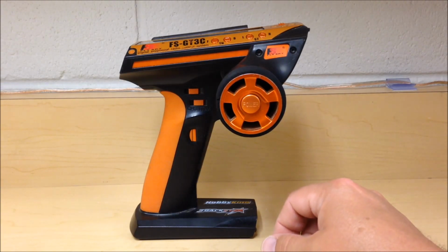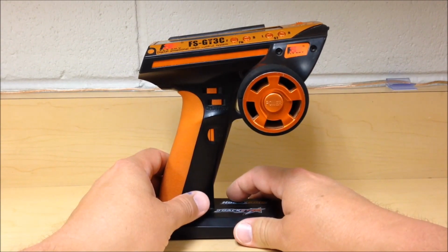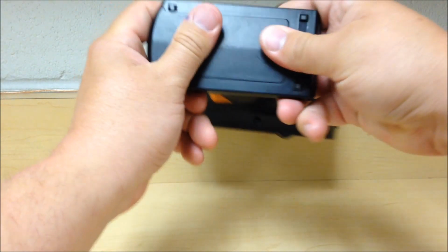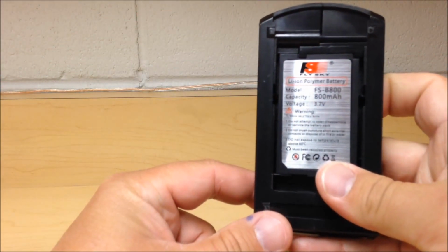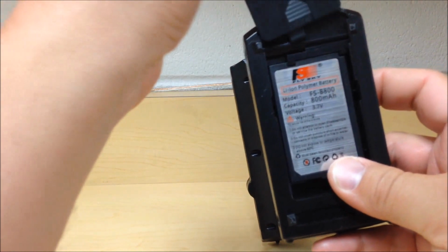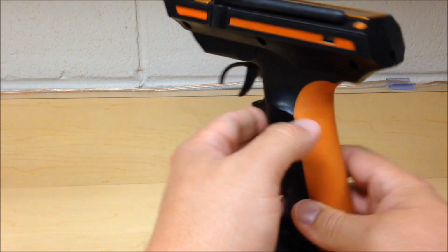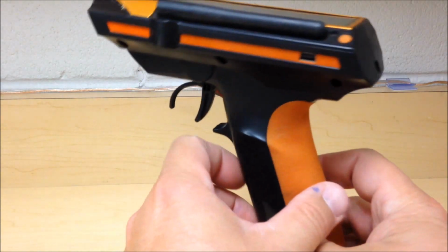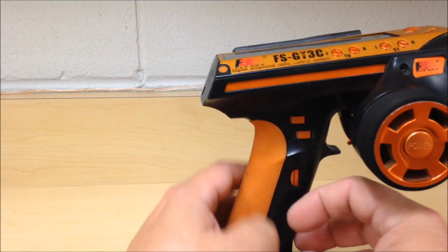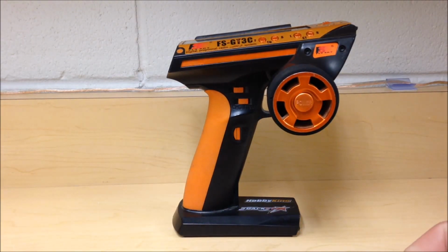This radio has some differences. It's lighter. It doesn't use double A's to power it. It uses a LiPo battery. I'll just show you here quick, it has an 800 milliamp hour one cell battery inside, so it's very light. It's very usable for any RC user, I believe. It charges off a mini USB port. You can connect to a PC, laptop, and it roughly charges, I would say, in 50 minutes time, and you get